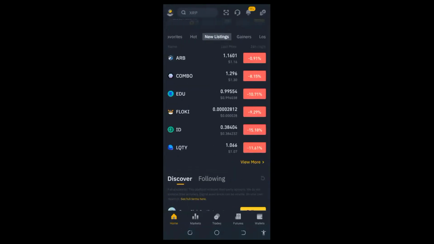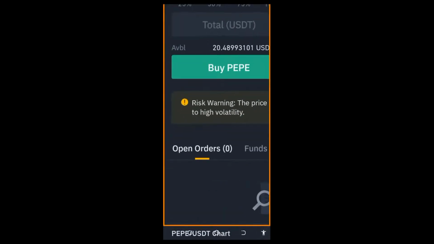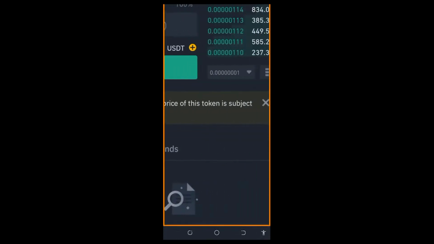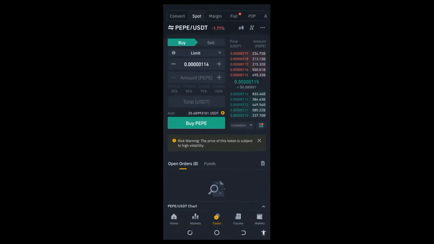Now, of course, I was just carried away by the fact that it's new. But the truth of the matter is it's one of the new coins on the block, right? So it's quite given to a lot of volatility. Because if you take a look at what they said here, it says risk warning. The price of this token is subject to high volatility, very high. So that means at some point it can unnecessarily drop, and at some point, it can unnecessarily rise,